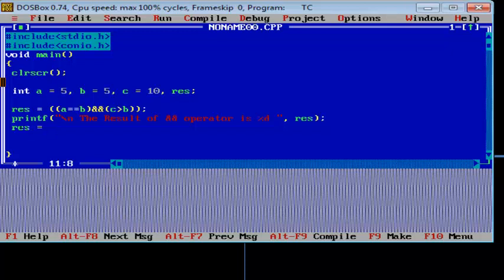res is equal to, group it, open and close the bracket. In between, the left side condition I am going to give is a equal to b, and then the AND operator, and the right side value, c less than b. Let me remove this and type it once again.